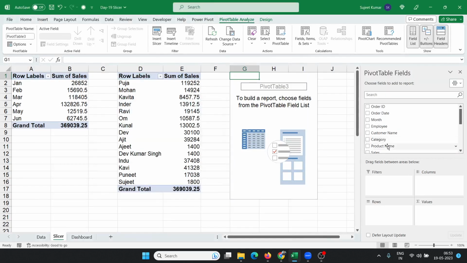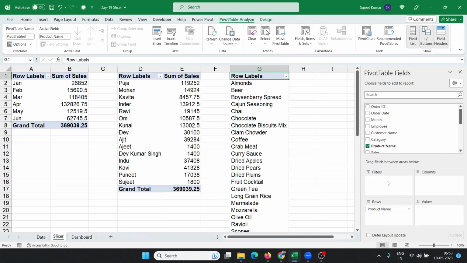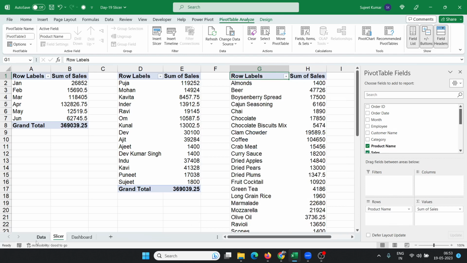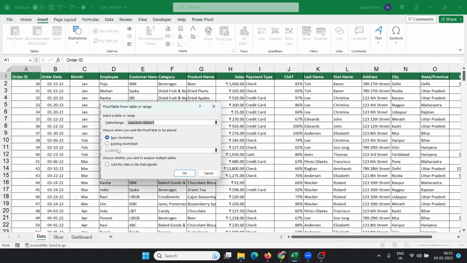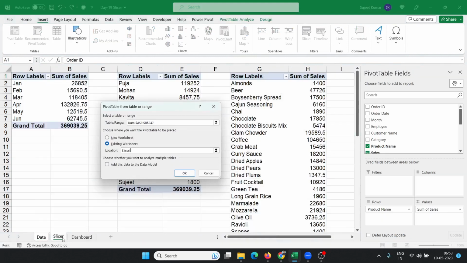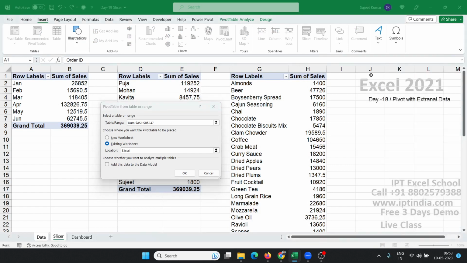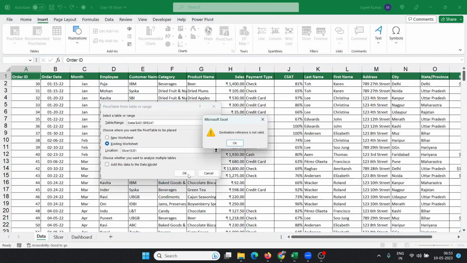So product name and sales. Now go again to insert pivot table, existing worksheet, select the slicers and the fourth pivot table. Okay, so we have created the fourth